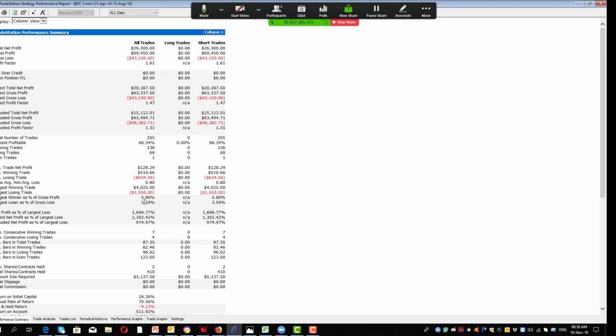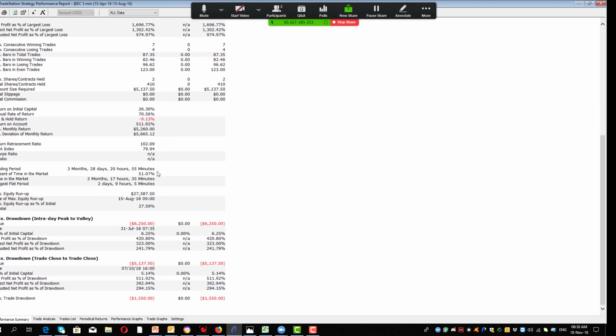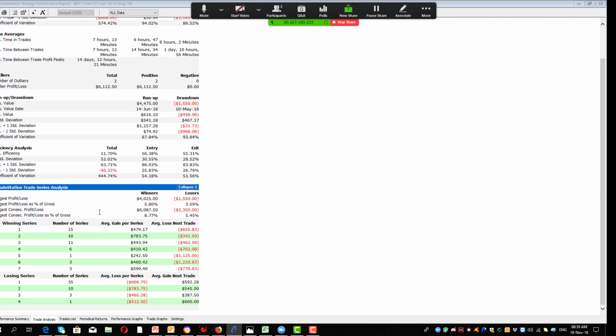So we'll work on that, and one of the things we'll work on is how do we eliminate some trades. There's a lot of trades there, so how do we reduce the trade number, increase or maintain the win rate, and also increase the average trade net profit? Because if we can drop some of these poorer performing trades, like if you have a look at the trade analysis, you'll see here there's 10 times we've had two losers or more, and they're an average of 783.